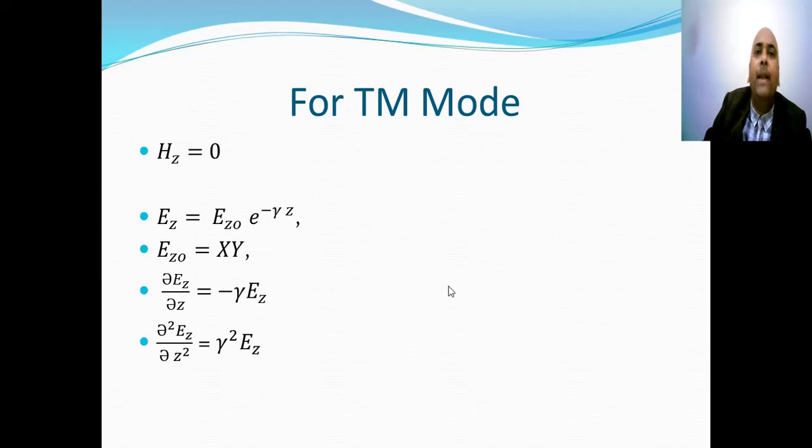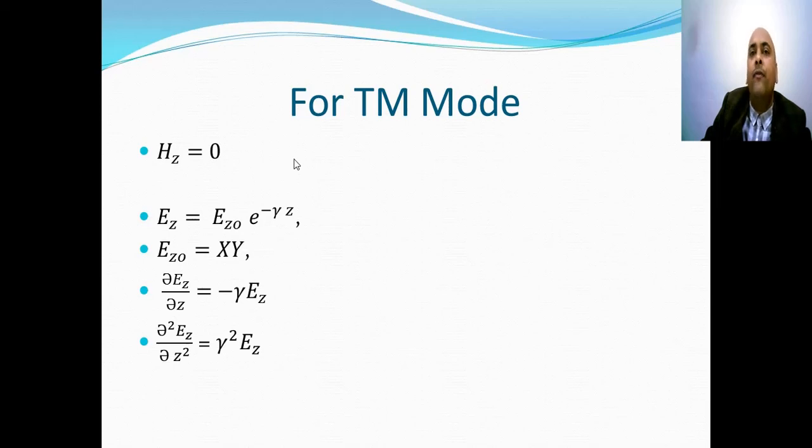as the magnetic field is always perpendicular in TM mode, the magnetic field is always perpendicular to the direction of propagation. So there cannot be any component of magnetic field in the direction of propagation. As the direction of propagation is z direction, for TM mode there is no component of Hz in the direction of propagation. That is, for TM mode, Hz will always be equal to 0. For transverse electric mode, the Ez component will be equal to 0.